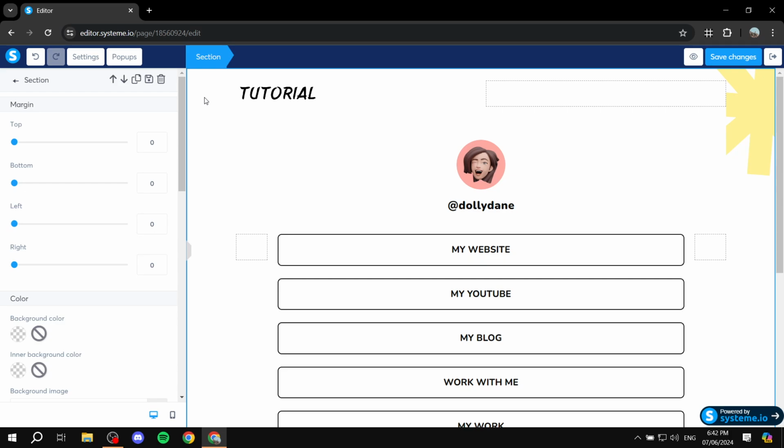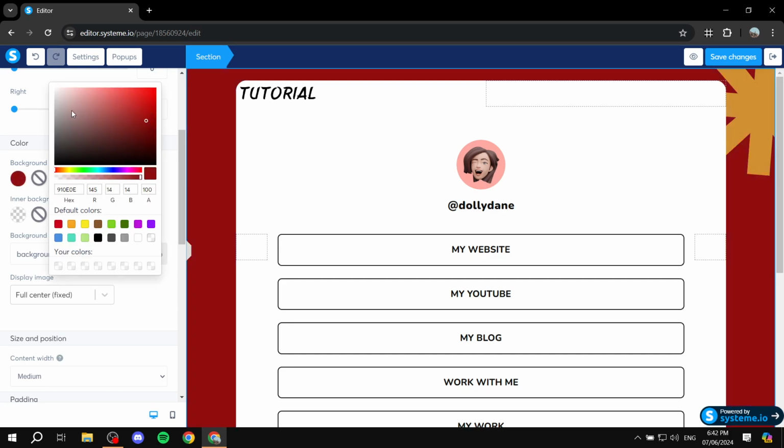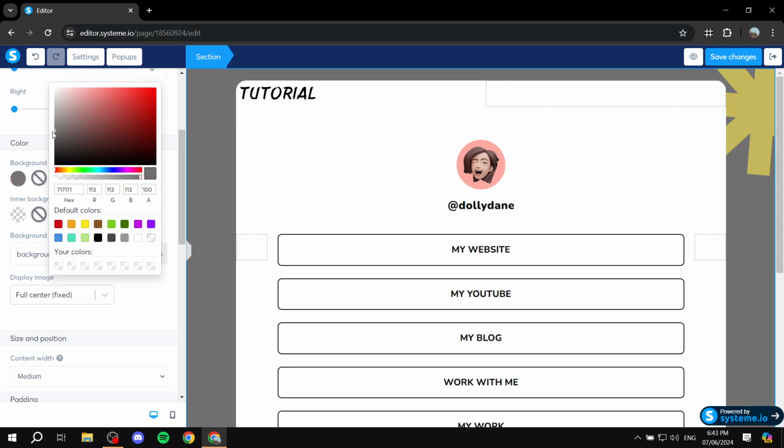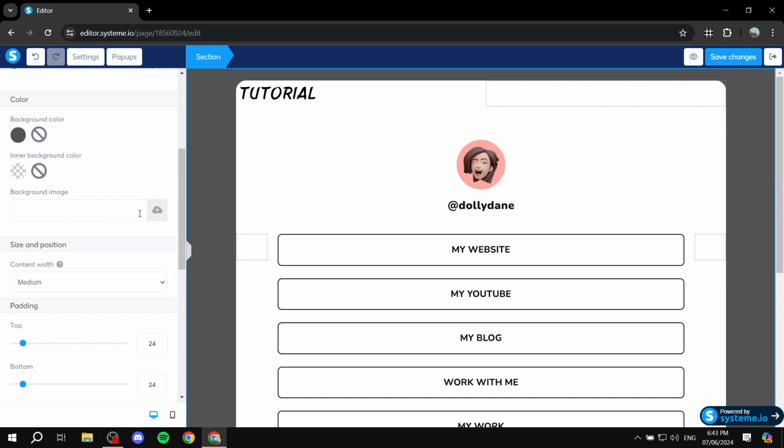So let's say we want to change the background for the section. Make sure you actually click on the section itself. And here you can select or change the margins as well if you want to. But we would want to go to the background color, click on it and change it to whatever we want. Let me just do gray. If you want to have a background image, you can also do so. To do so, we just need to go to background image and upload a new one. There's already one. I'm just going to remove it. And here you go, we have just removed the background image